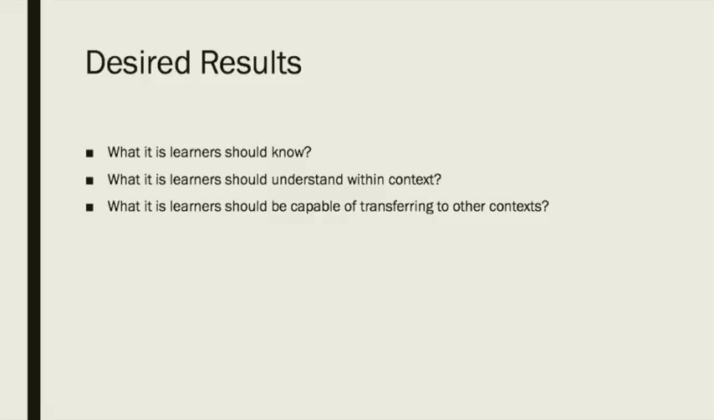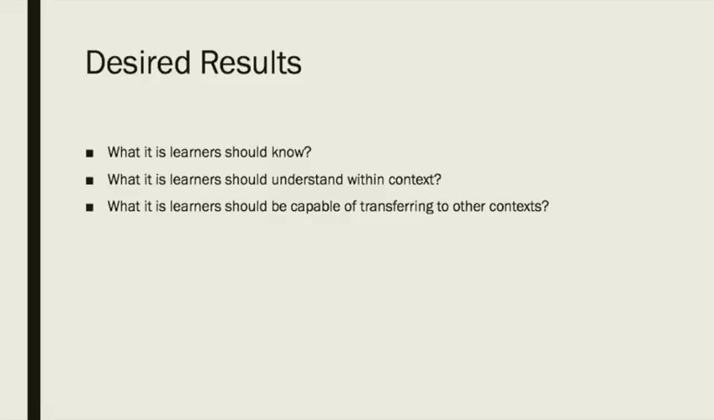When we're looking at desired results, we're looking at three distinct phases: the acquisition phase, the meaning-making phase, and the transfer phase. These are the three different ways we break this down. The acquisition phase is what we want the learners to know. This is typically rote knowledge,